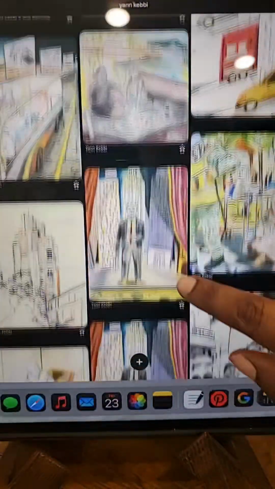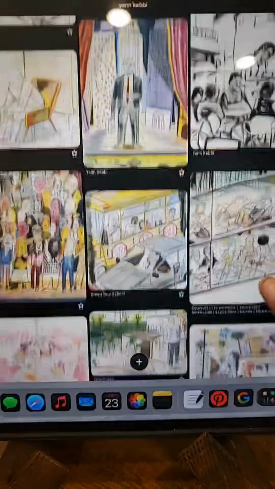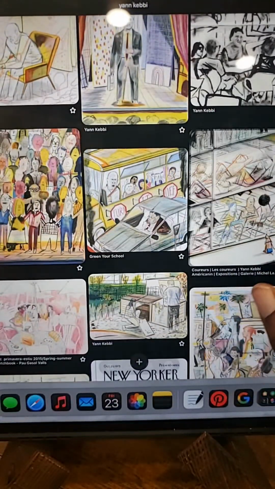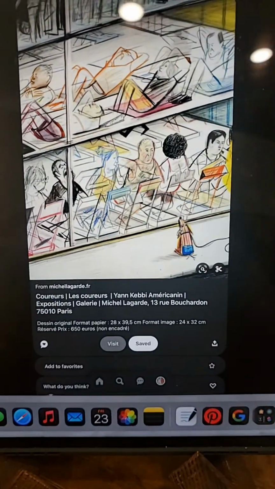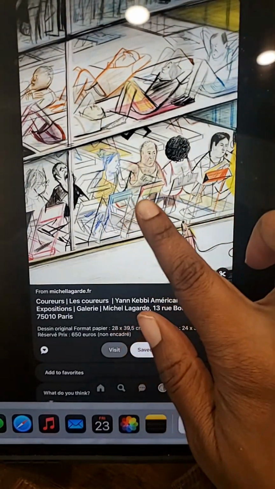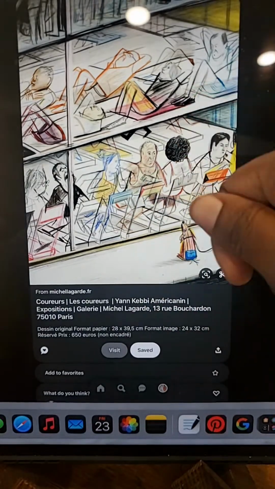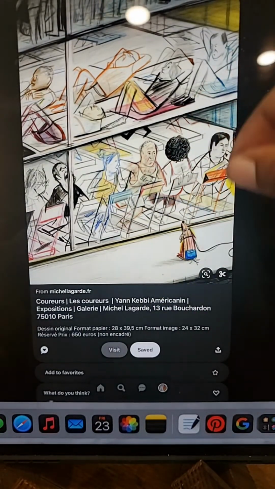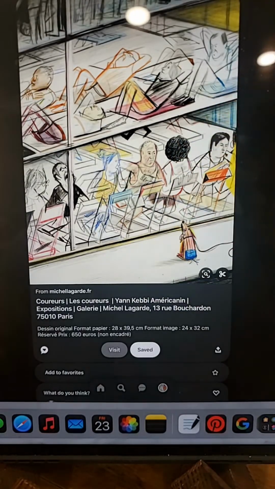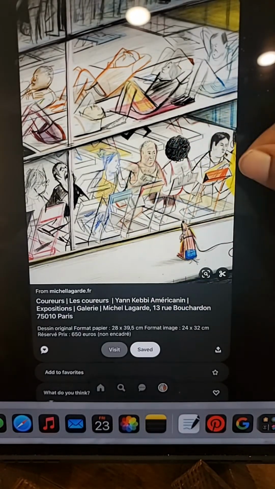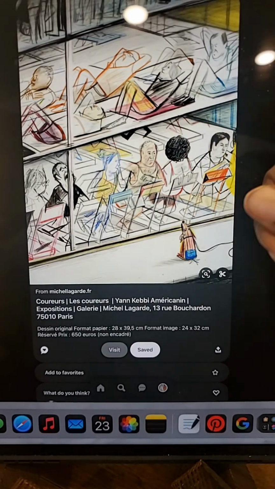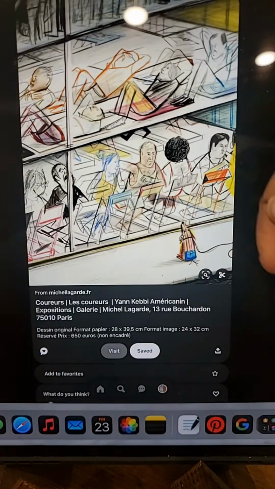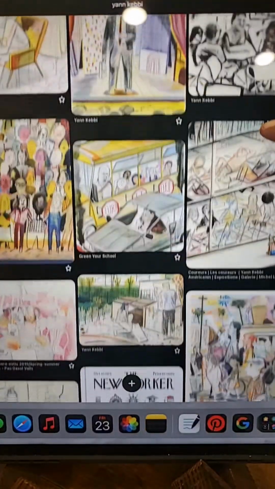Sorry about that. Let's see. Okay. This one is really cool. I like this image again because it's showing different brush strokes. And I'm saying brush strokes, but I really mean color pencil, pen stroke. I like the way that he layers color pencil on top of other materials or on top of each other, to again show